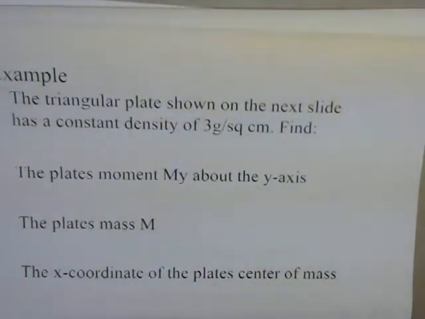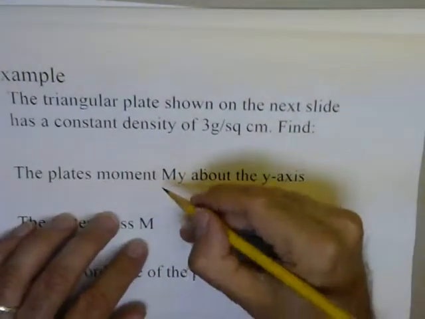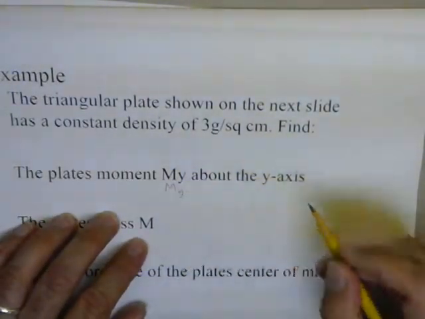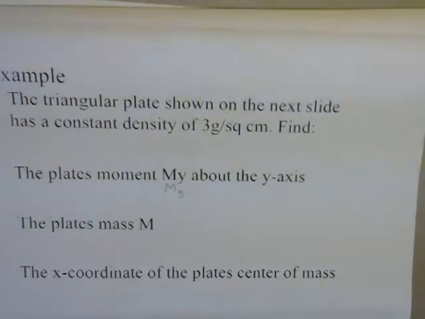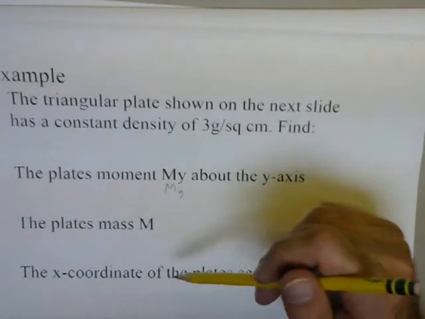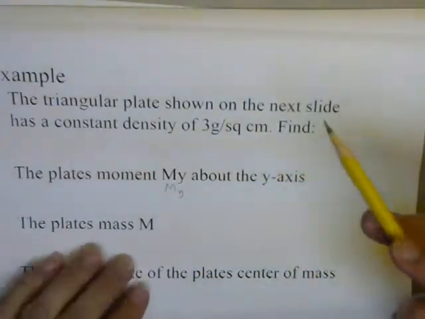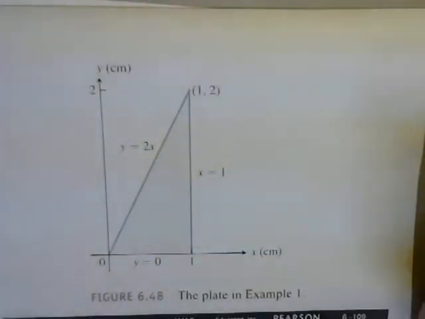So let's say you have a triangular plate shown on the next slide, has a constant density of 3 grams per square centimeter, and we're ignoring the thickness of the plate. So we want to find the plate's moment m sub y, right? So this should be a subscript here, m sub y, about the y-axis. The plate has a mass of m, and then the x-coordinate of the plate's center of mass. And some of this you can kind of do by